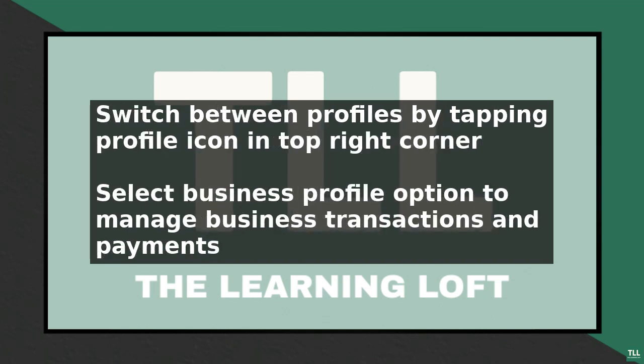You will know you are in business mode when you see your business name and logo at the top of the screen. From here, you can manage your business transactions, invoices, and payments. When you are ready to switch back to your personal profile, follow the same steps and select your personal profile